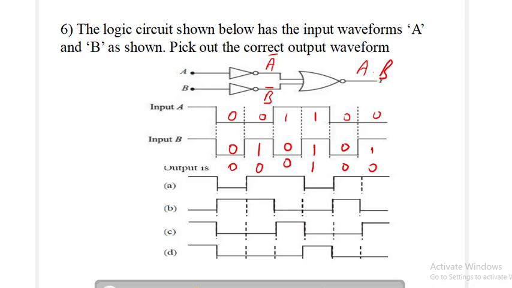So you can see here in this waveform, this is 0, again 0, again 0, then we are having it as 1, then again 0 0. So this is the proper representation of the output. 0 means the wave is going lower, 1 means it is going higher. So 0 is this one and this is 1, the same representation we are using, and this is how we get the output. So the answer is D in this case.